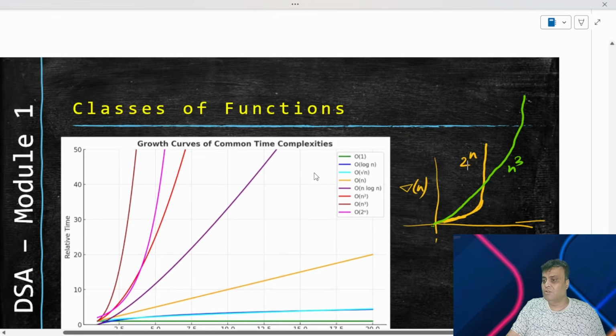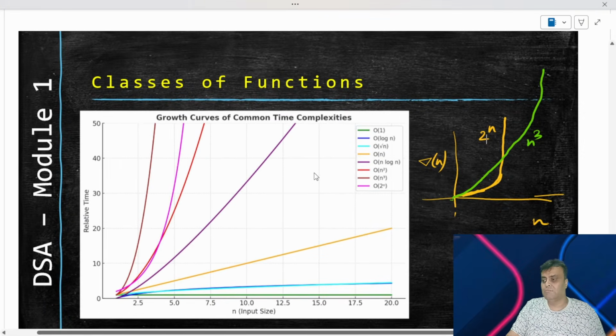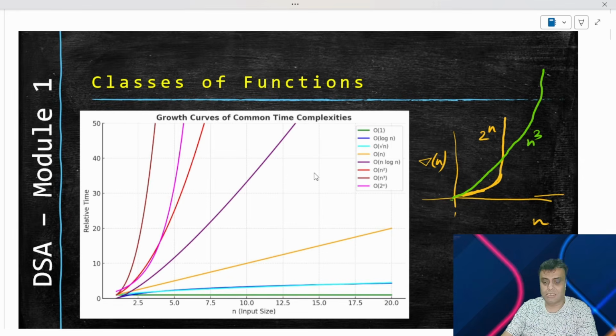That's pretty much what I wanted to cover for this session. I've tried to create examples so that they touch upon most of the things that you will be doing in the DSA series, most of the things that you'll be asked to do, from a stack recursive algorithm standpoint, from a sorting recursive algorithm standpoint, from a searching recursive algorithm standpoint. I've tried to put all those loops that you will use in this time complexity lecture, so that when it comes to calculating time complexities from those programs, you will not have trouble.